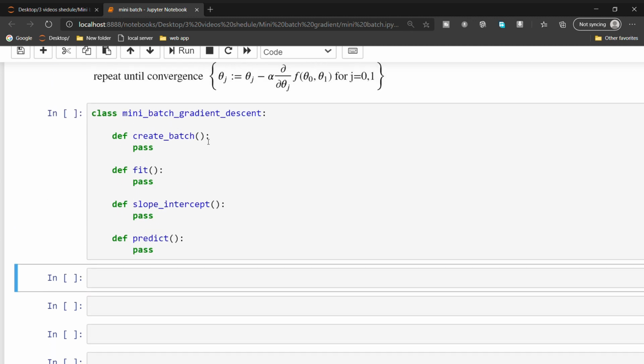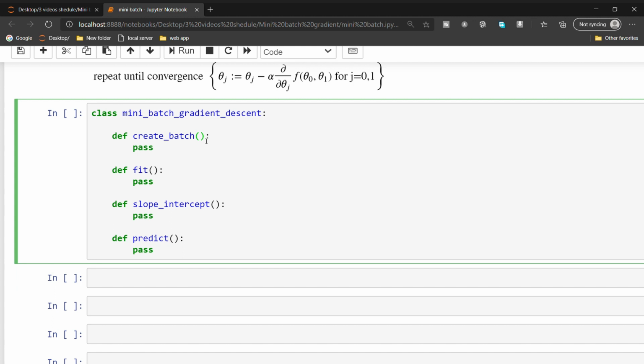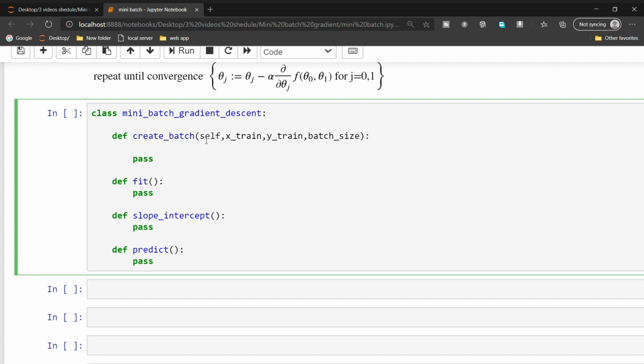We need to fill this create batch function. First thing is I'm keeping some arguments, x train comma y train, and then another one is batch size. I'm removing pass. Now we need to create one empty list. I'm calling it mini batches equal to an empty list.